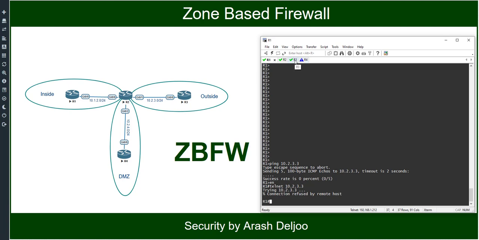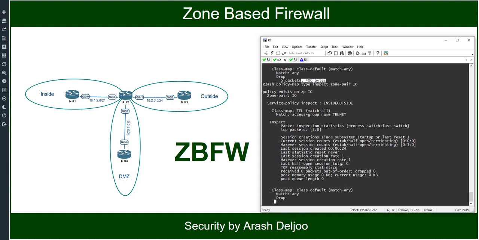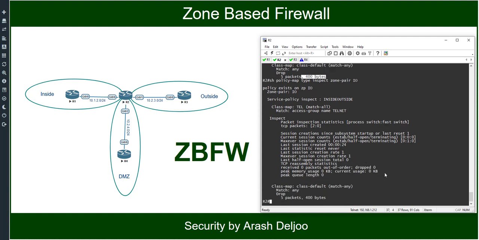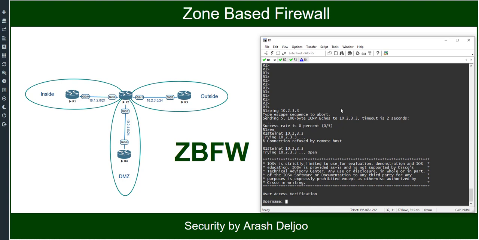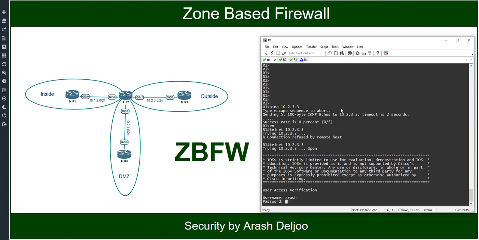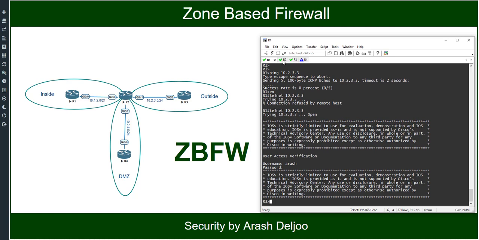Look at here in the router 2. If you verify again, here we have a match. Because of that, actually our policy worked. Okay, but because the R3 doesn't accept it, we didn't experience the successful telnet connection. Let me try again. R1 telnet 10.2.3.3. Okay, as you can see, we have connectivity, and then username, and then password. Now we are in the router 3. In the router 2, look at